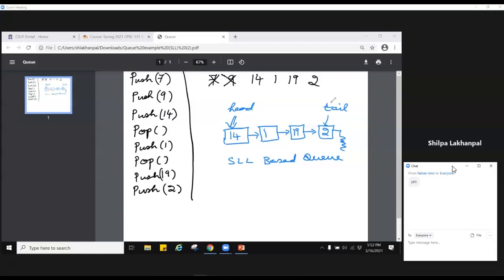But when you're drawing something, like in the question in the homework, when you're drawing an SLL-based queue, always visualize it like a regular queue of any line, any queue of numbers. Just start by pushing like this, 7, 9, 14.